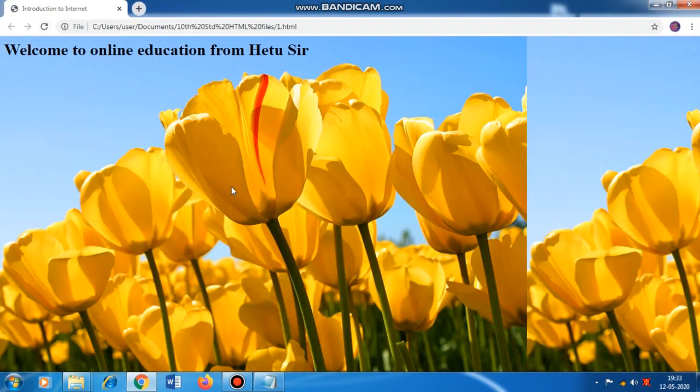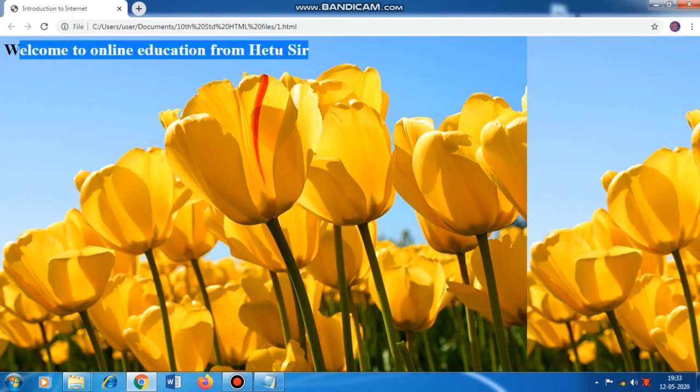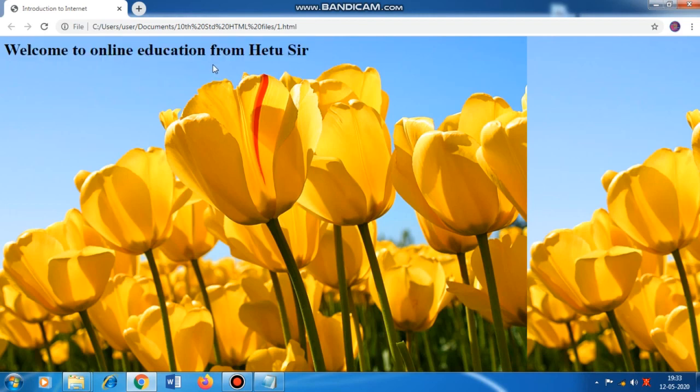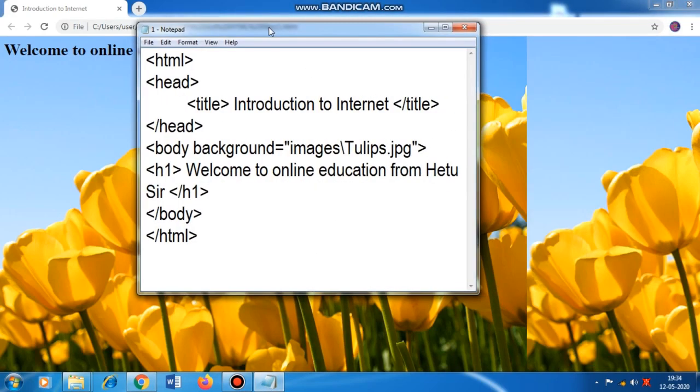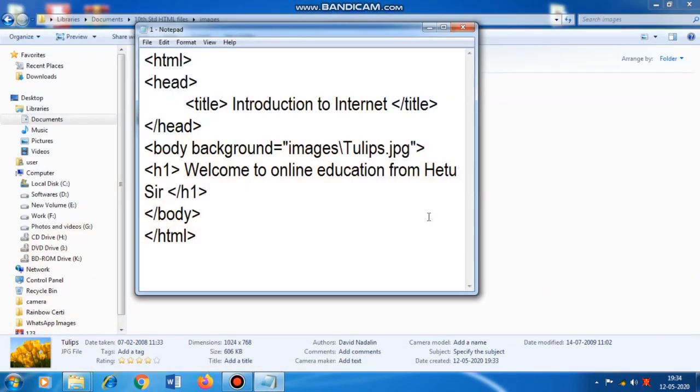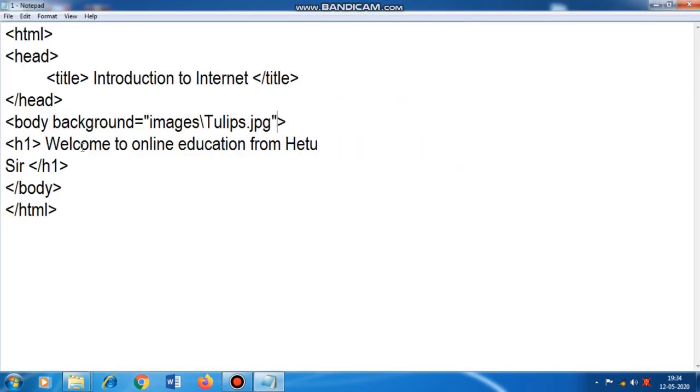Okay, so here we can see the image is inserted in the background. So whatever content we have typed in the web page will be overlapping the image which we have inserted. Now one more thing I would like to explain here: I have typed images in the path, in the address.